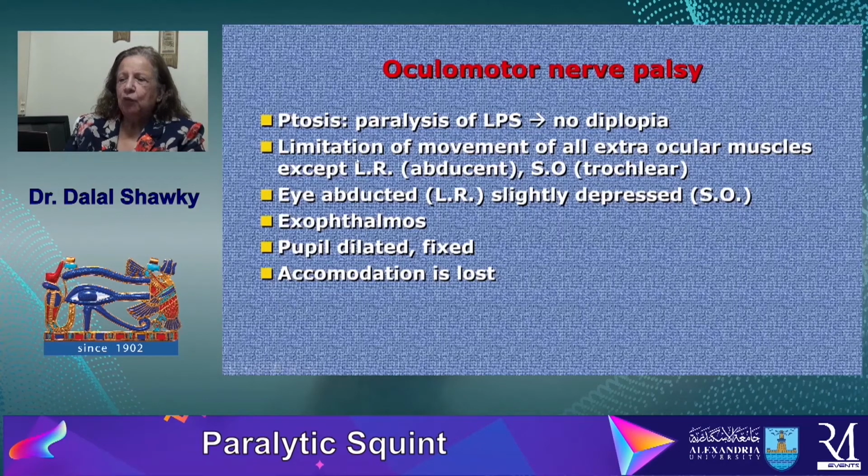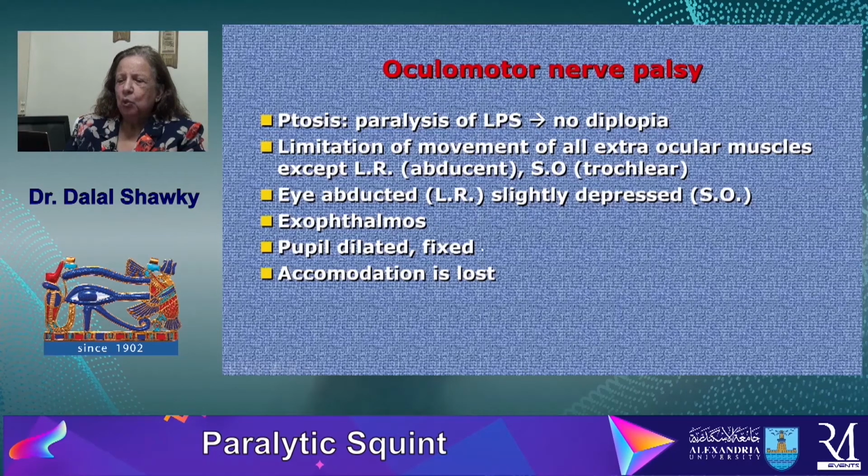There is limitation of movement of all extraocular muscles except the lateral rectus, which is supplied by the abducens nerve, and the superior oblique, which is supplied by the trochlear nerve. So the eye, after elevating the lid manually, will be seen abducted by the action of the intact lateral rectus and slightly depressed by the action of the intact superior oblique. There is some exophthalmos because of the loss of tone of the extraocular muscles,